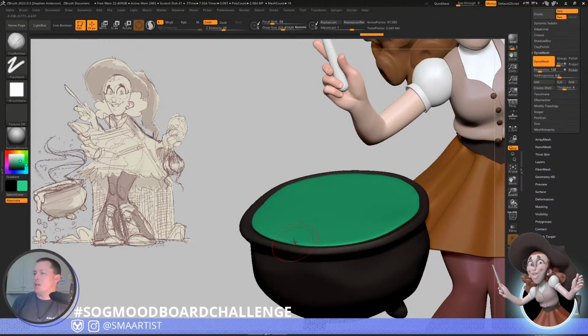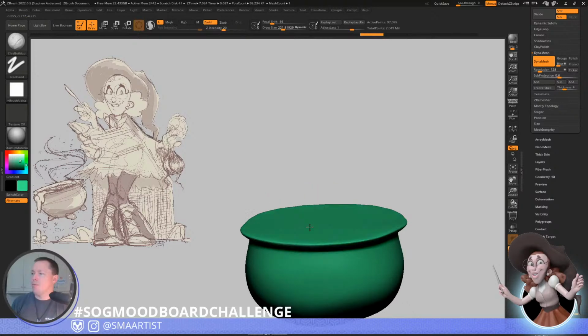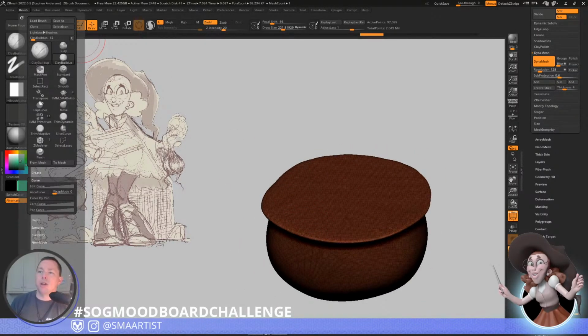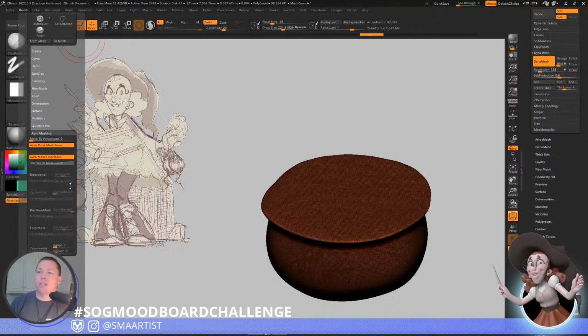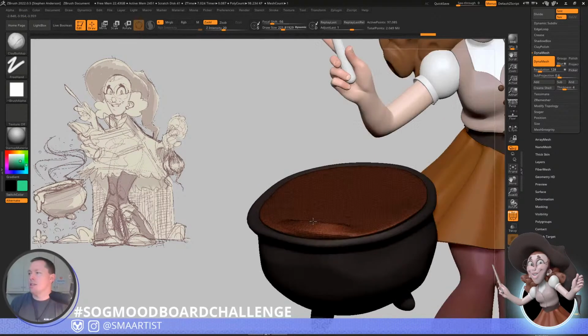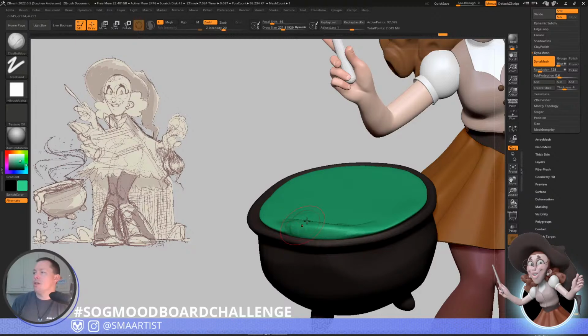In fact, let's turn on brush auto masking. We'll turn on this backface masking because I was having some issues making sure it was not sculpting the backside faces. Okay, so we're just going to start to